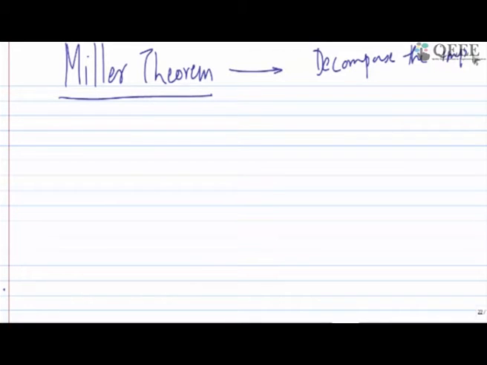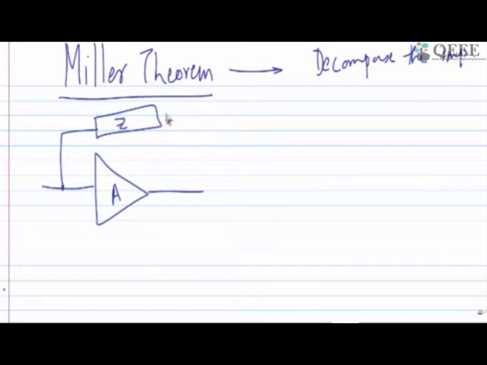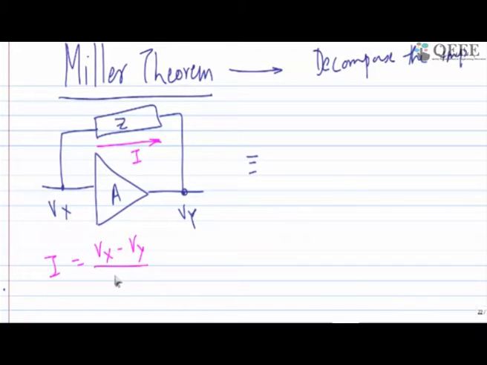the way we want. And what we want is, if there is a gain from here to here, let's call it A, if this gain is positive, I took it positively, and there is an impedance called Z this side. Right? This is Vx, this is Vy. So basically the current flowing through this one is equal to Vx minus Vy by Z.